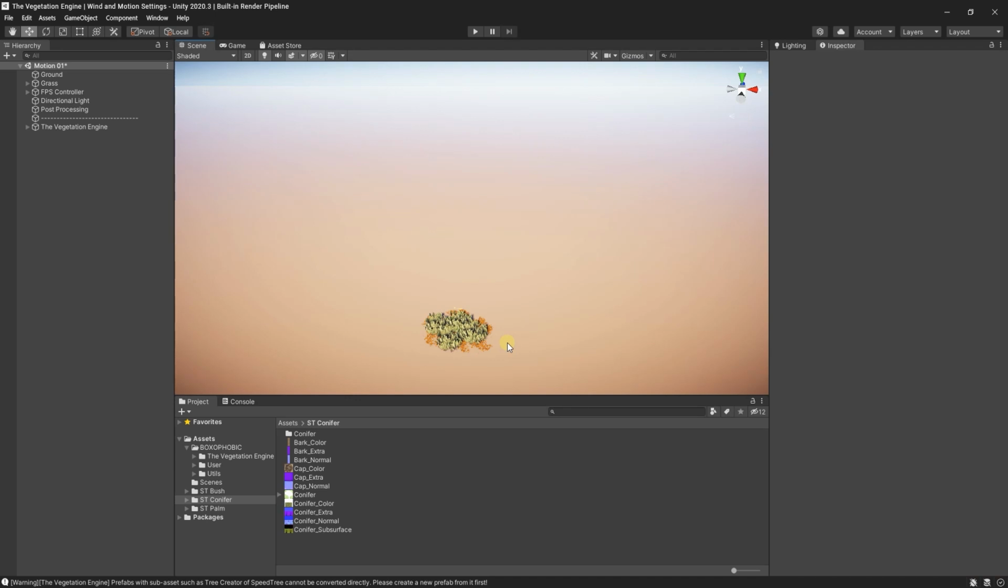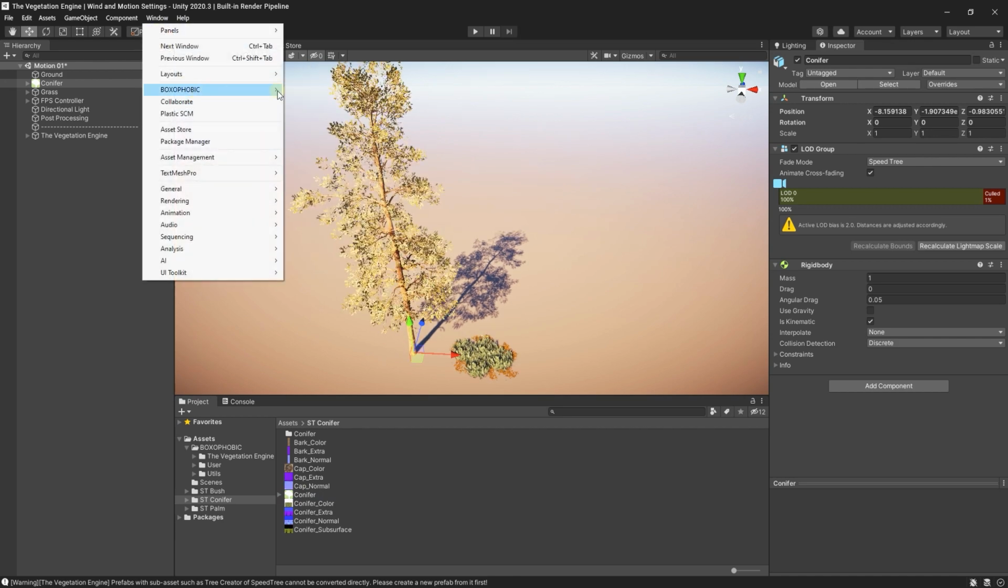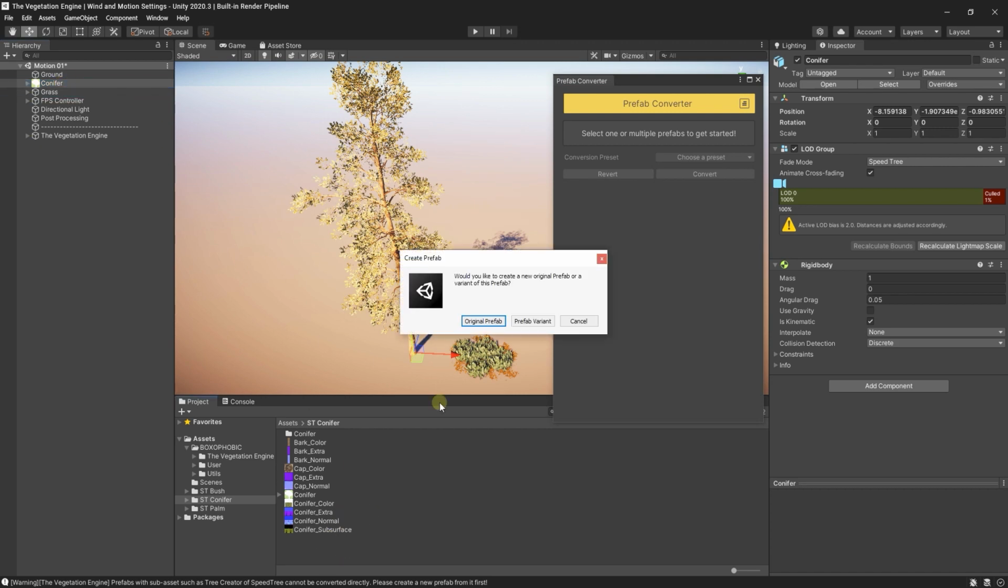So let's start from the beginning. Let's convert the prefab and set the motion settings. I have this conifer tree from Speedtree, and I will open the Prefab Converter. And as you can see, it says select one or multiple prefabs to get started. Because Speedtree is not an actual prefab, it cannot be converted directly. So I need to select the asset in the hierarchy and drag it to the project window to create a